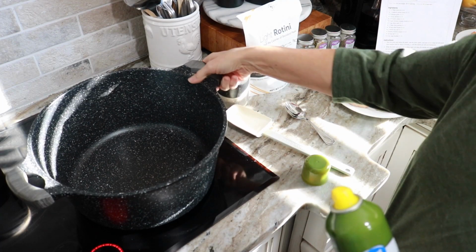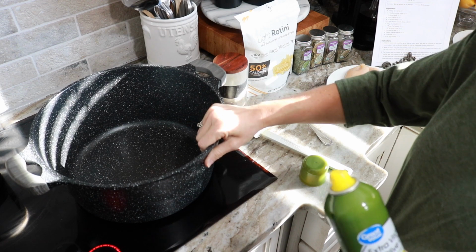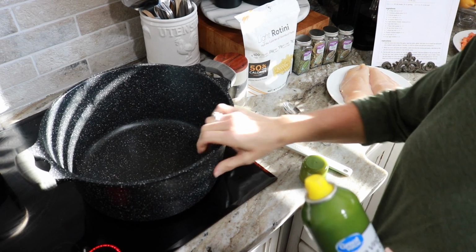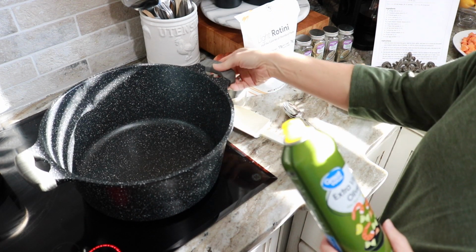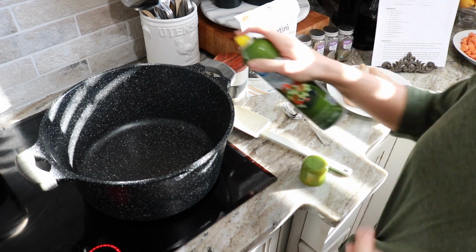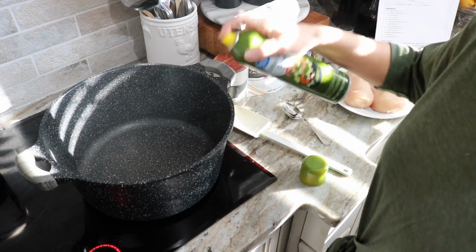Okay, so I'm just going to use this huge pot here, which I love. I picked this up at either TJ Maxx or Marshall's. I don't know what the brand is. Country Kitchen or something like that. I'll see if I can find that on Amazon and link it, because I do get a lot of questions on this pot, and it is really nice. It's really lightweight. It's not heavy like what are those cast iron pots called? I forget. Although I want one of those, but